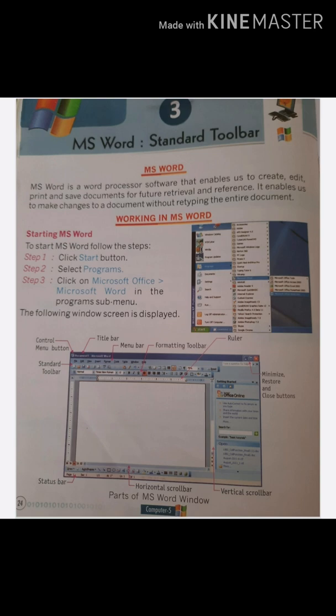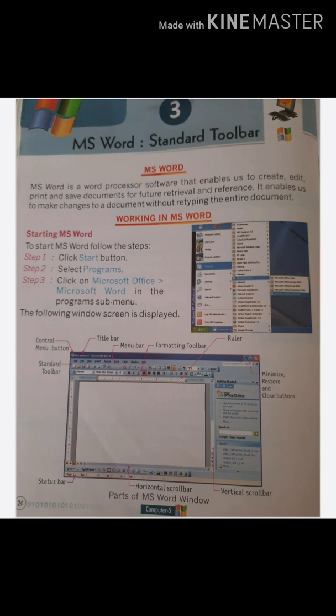The following Windows screen is displayed. As you can see on page number 24, the Windows screen is displayed. It will show you what screen will display on your desktop after following the steps as I have told you.